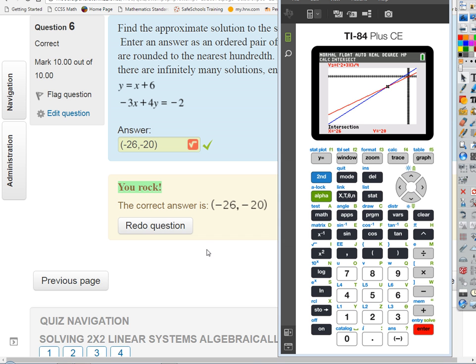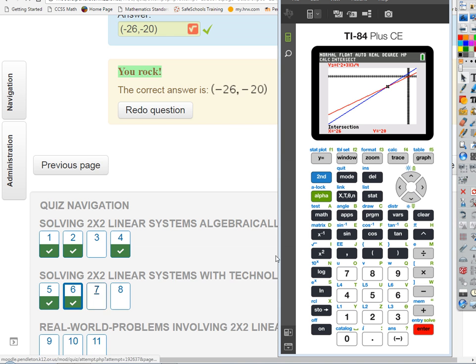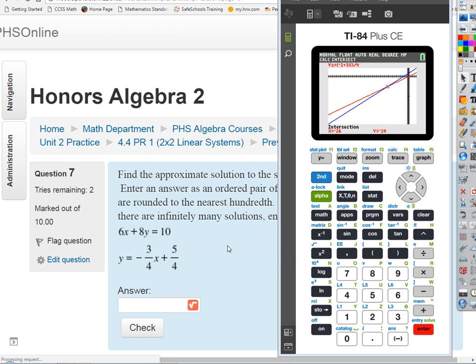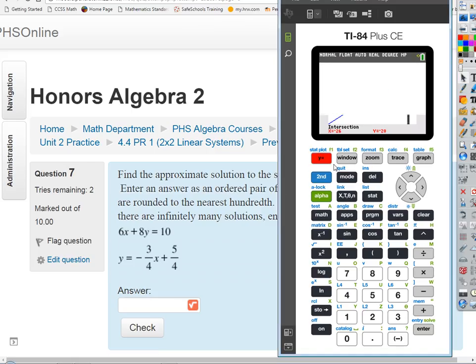Okay. Let's see, this guy. Okay, this is a good one. Yeah, I want to look at one like this. So the first one, if I isolate y into the calculator on the right side, I've got 10, subtract 6x to the right side, close the numerator on the right, and divide the whole thing by 8 to get that y by itself. Bottom one, I can enter just the way it is. So y equals, let's clear that,